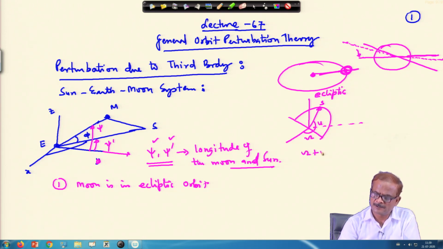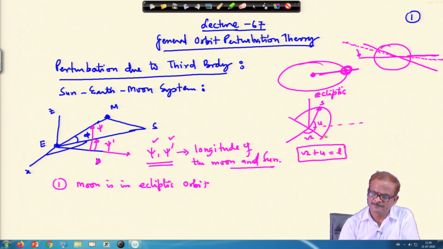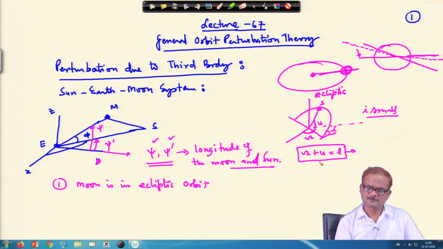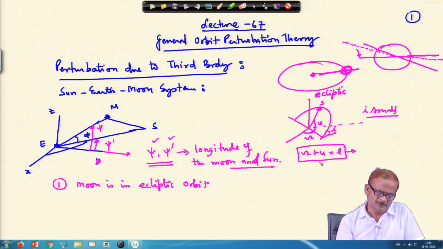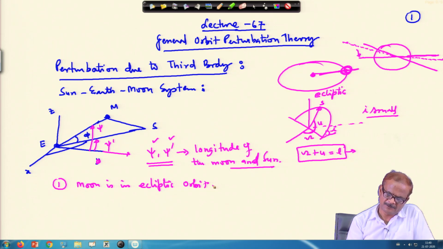So, capital omega plus u is written as the longitude L. But if this angle of inclination is large, then it is not valid, because capital omega is in a different plane and u is in a different plane. But if I is small, we can write longitude equal to capital omega plus u. So, we assume that the moon is in the ecliptic orbit